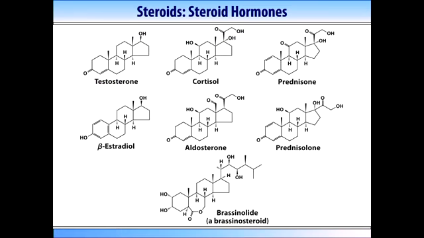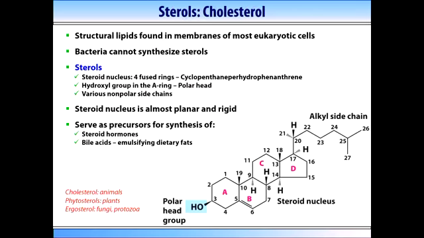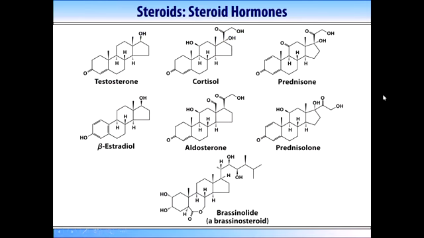Let's quickly go back a couple of slides to look at cholesterol once again. We see only one hydroxyl group, our favorite cyclopentane perhydrophenanthrene ring, and the hydrophobic side chain, or we could call it a tail. Now, if we go back to the steroid hormones, we will see that there are almost no tails except for this one, but even in that case, it has a bunch of OHs attached. So they are generally much more polar compounds. They have oxygens attached at different positions, and that allows them to easily be transported in the bloodstream.